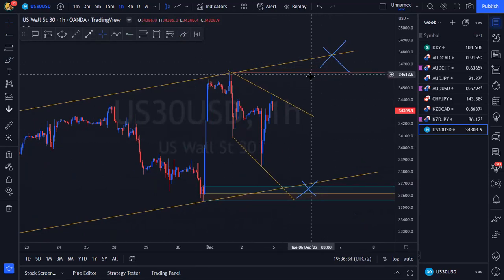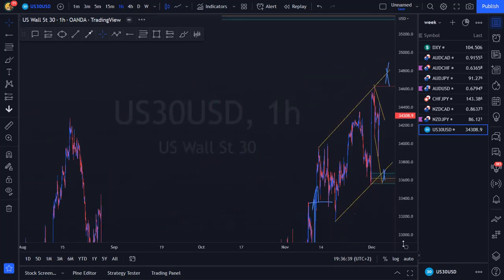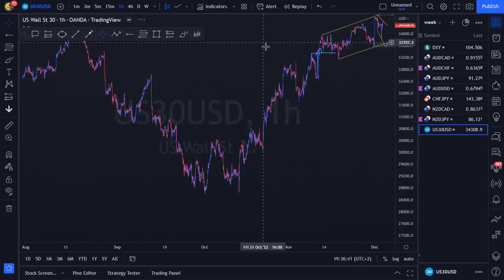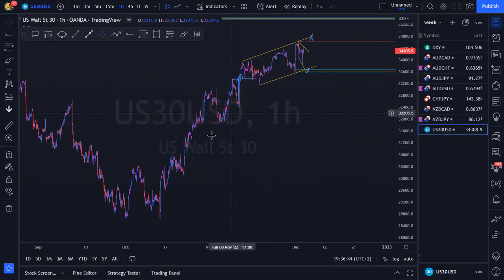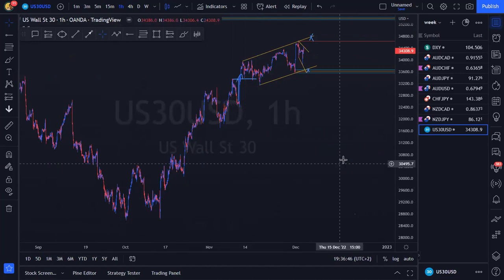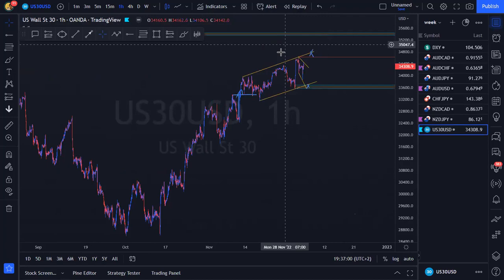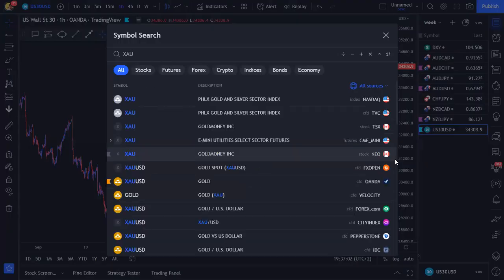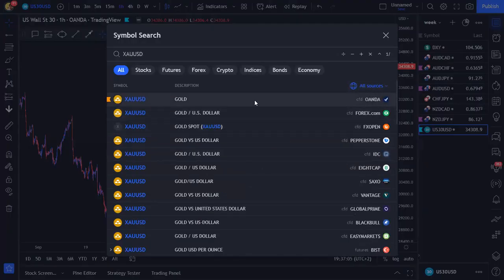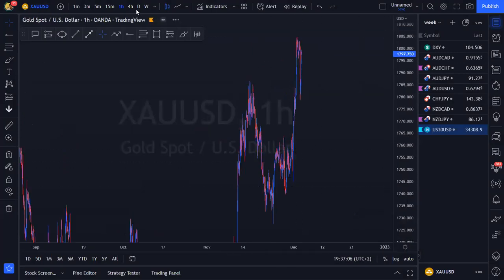So let's be safe. If we're looking to sell, let's be aggressive and follow through, because it's obvious there's someone that's willing to buy US30. They've been buying US30 for the last 3 weeks, 4 weeks, 5 weeks. I don't know, maybe even 2 to 3 months. So let's look at gold, because that was the most requested pair before. US30, guys, I am bullish bias. You guys do see from which POI we are bullish bias. You guys do see a sell bias setup that can form for us at a future date and time. Let's just look at gold quickly with our last few seconds, because that was the most requested pair.